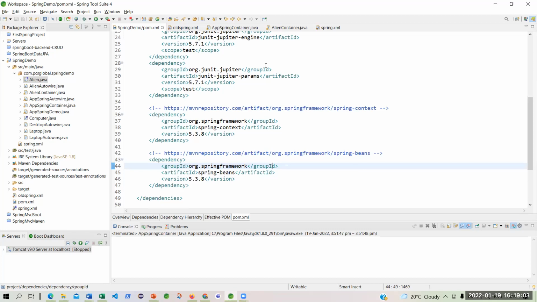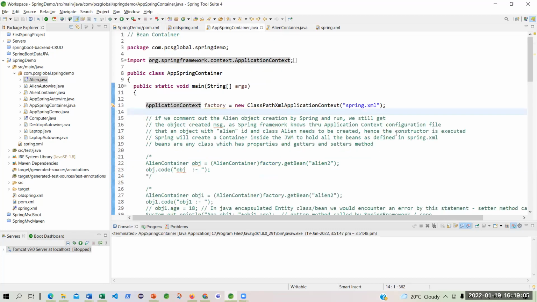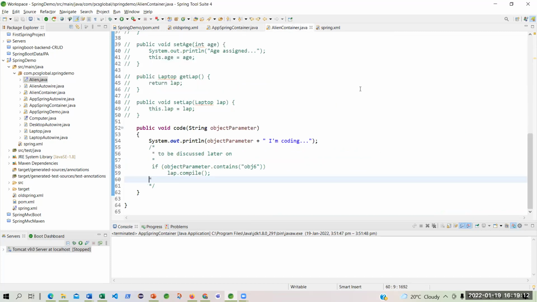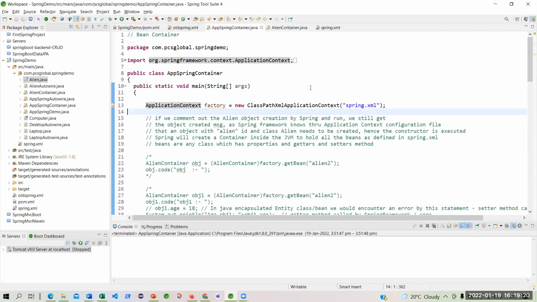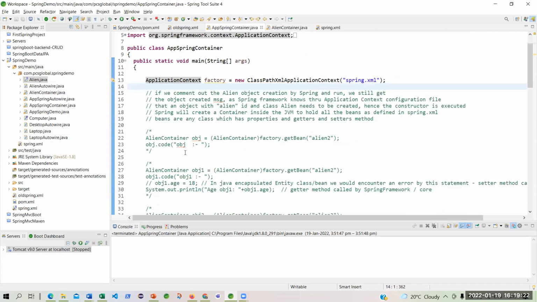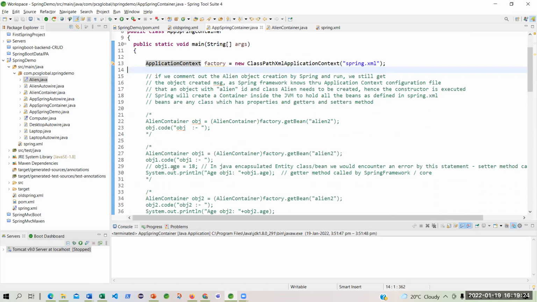Where am I going to touch this? Because my objective is I will not change anything in my application program. This is another program, I will not change this. This is my entity bean. I have no design change basically. I was doing obj.age equal to 18, wasn't I?